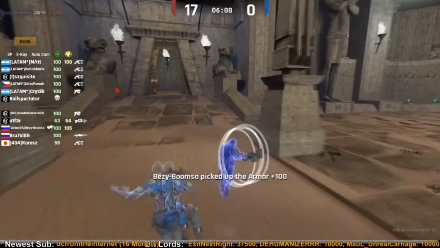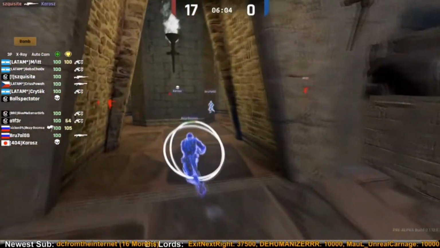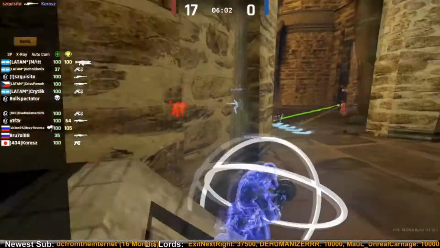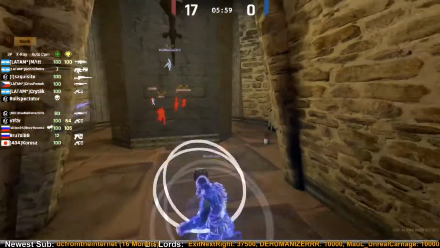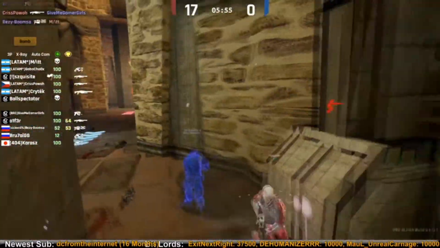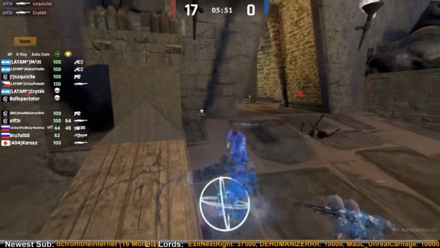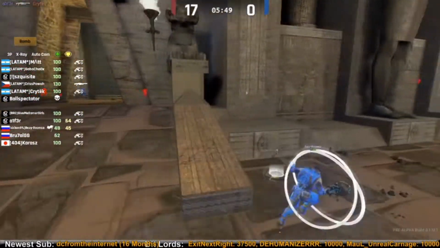So a nice kill there by Bezzy Boomza on Crytek. Looks like he has some armor, so this might be one where they want to be a little bit more meticulous. Wait for it to maybe either give him adrenaline. I was going to throw the ball on the ground. That gets picked up by red. Red doesn't have a whole lot of opportunity there to do anything with it, but